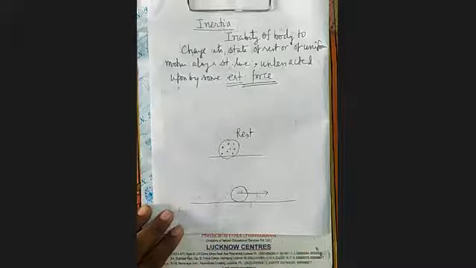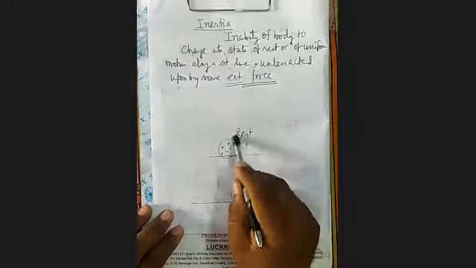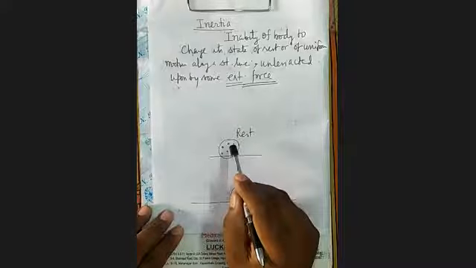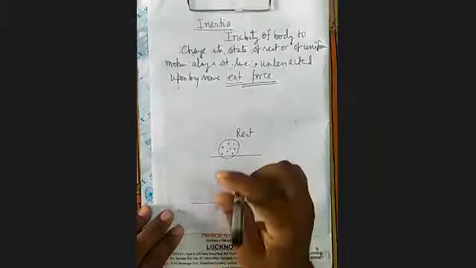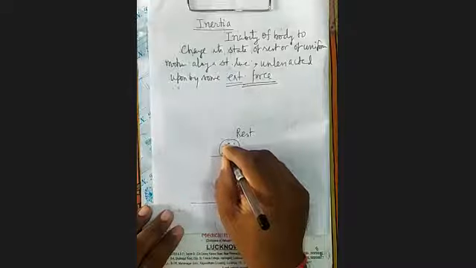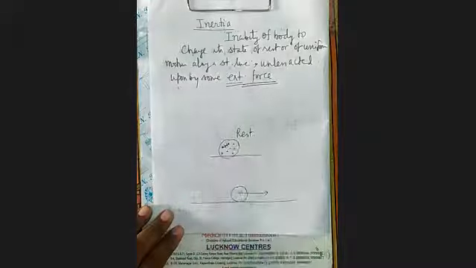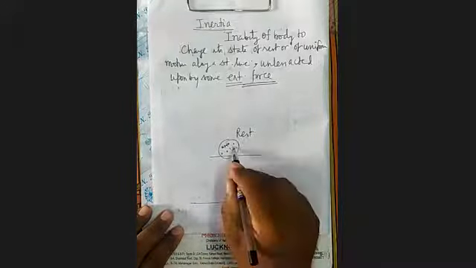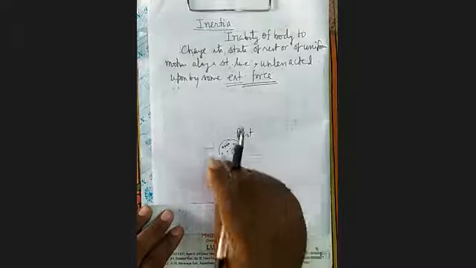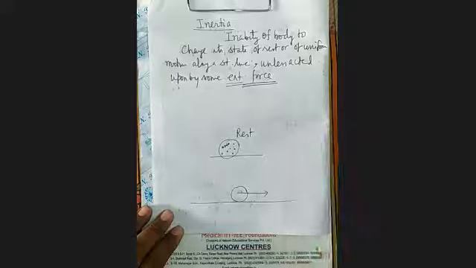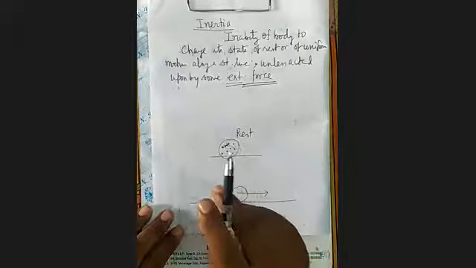You can see here, this is a body which is comprised of an innumerable number of particles. Innumerable means infinite number of particles. There will be some forces in between the particles. That force will be the gravitational force. They will attract each other. But these forces are the internal forces. Because of these forces, it will not come into motion. Because of these forces, it cannot change its velocity.